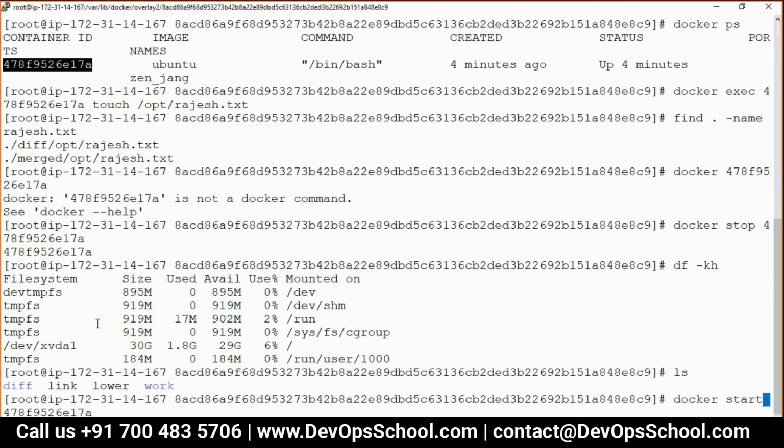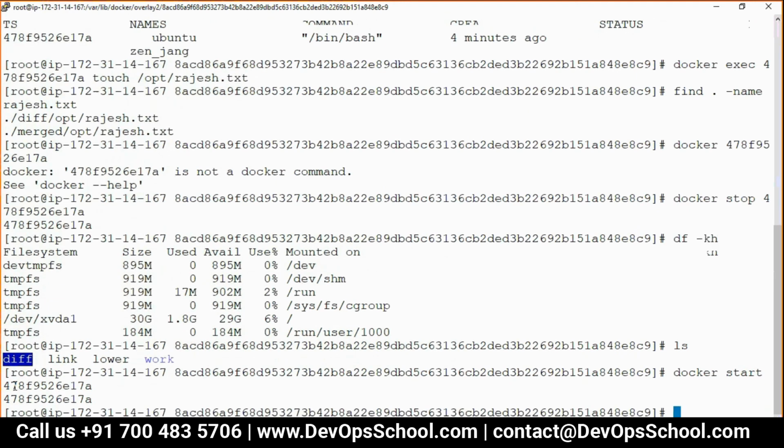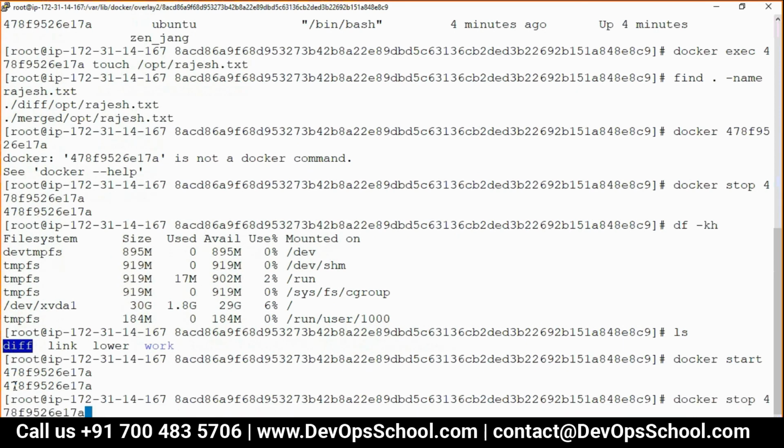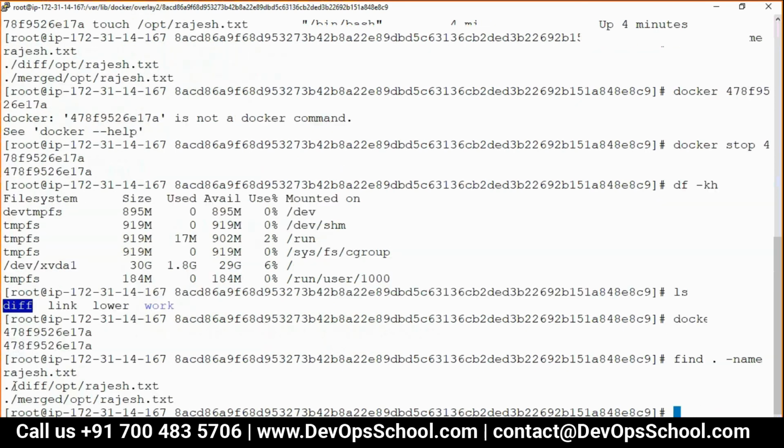This diff has rajesh.txt. And you see, again rajesh.txt, you got it 2 times. So that way, even if the container is stopped, your data is not lost, but if the container is removed, then the data is lost. Guys, are you seeing this? How this anatomy works?